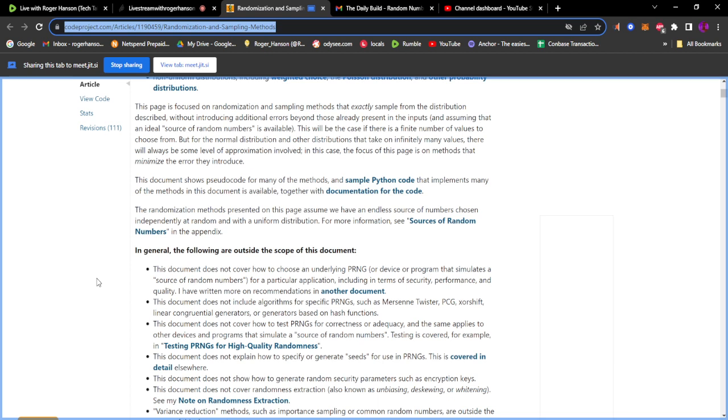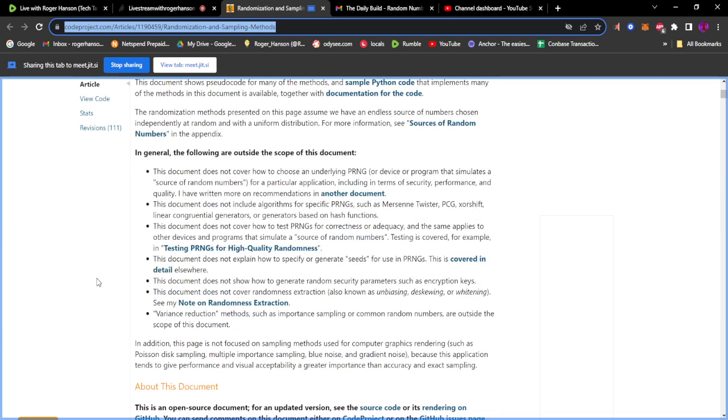The randomization methods presented in this page assume we have an endless source of numbers chosen independently at random with a uniform distribution. For information, see sources of random numbers in the appendix.